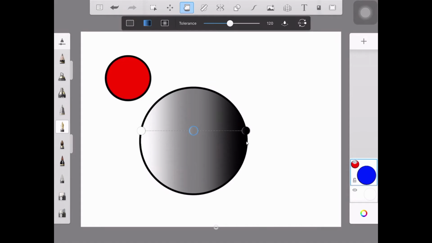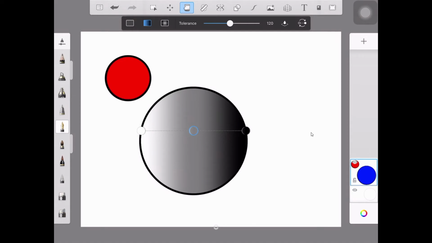You have the shadow, and then you have the transitional gradient, and then you have the highlight. Okay, let me tell you the specific values. You have the shadow, which is black to dark gray. Okay, you have the dark value, and then you have the mid tone, from dark gray to light gray, and then you have the light gray to white color, which is highlight. Okay, you have all these values.